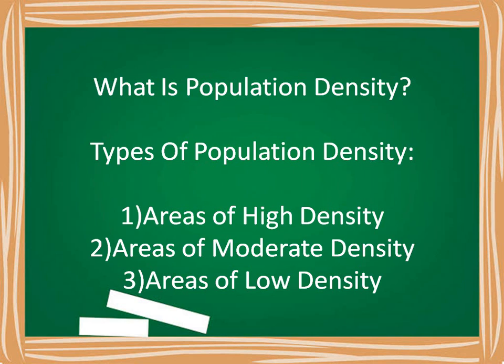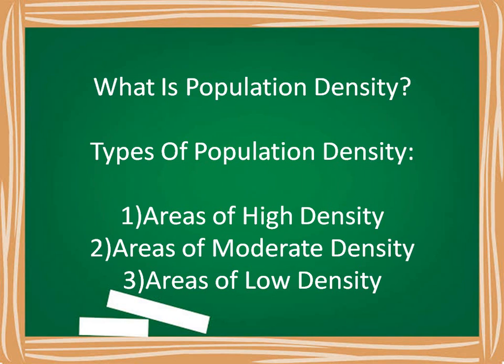Areas of moderate density. The following are some of the areas of the world that have moderate density of population. Extremes of climate, inadequate rainfall, and absence of important resources do not encourage dense population in these regions. So friends, let's note down these points. The main points are: central part of the United States of America, tropical Western Africa, Russia, Eastern Europe, Deccan Plateau of India, and central China.